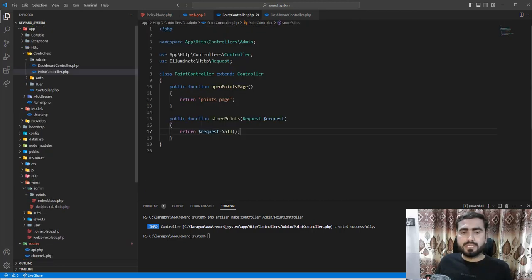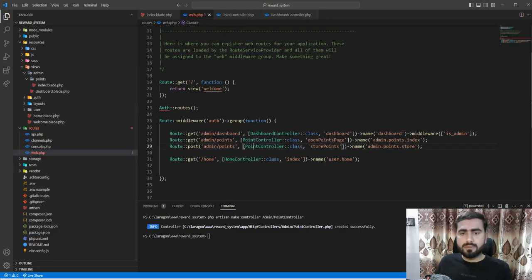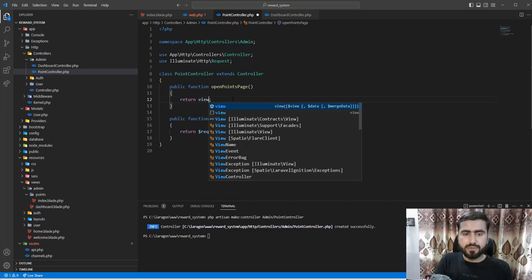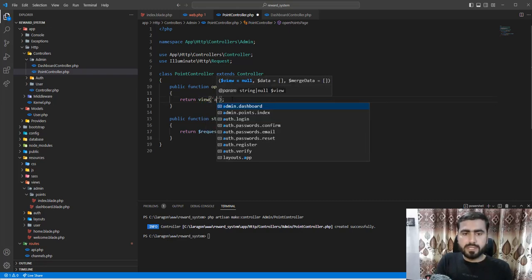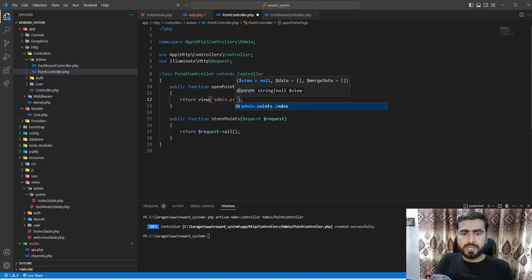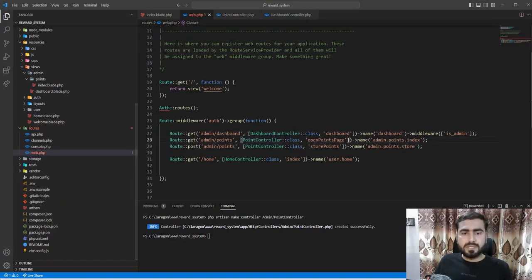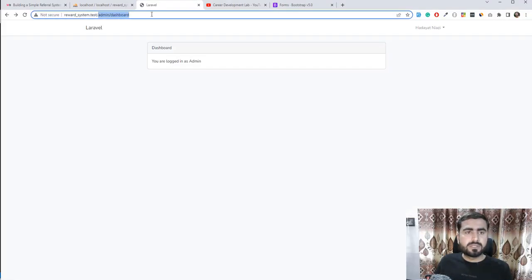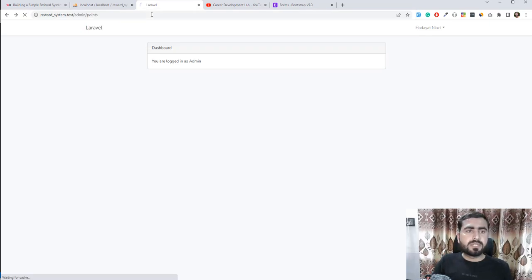So in the web.php file, here if I go to this points controller, visit this route, and open some points view. So this one, in the admin we have points dot index, right? And here if I open this, if I go here, visit this like this, admin slash points